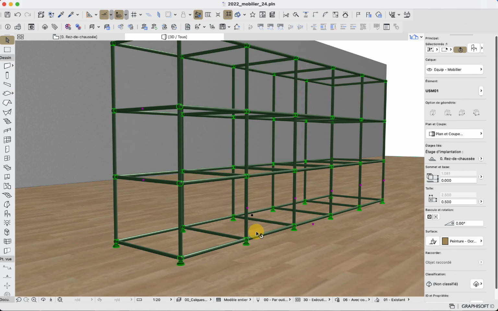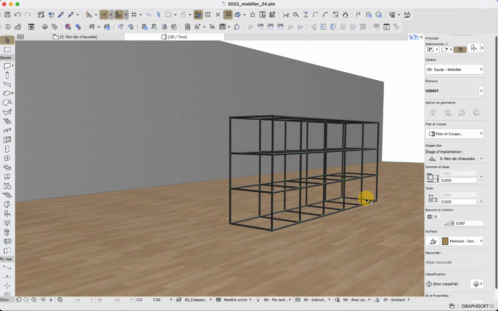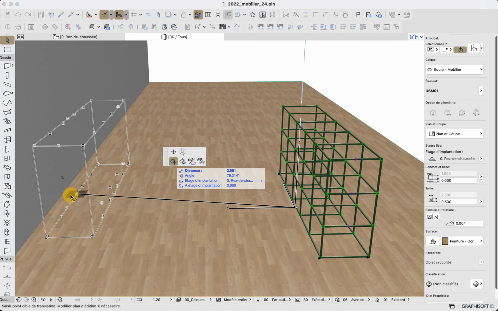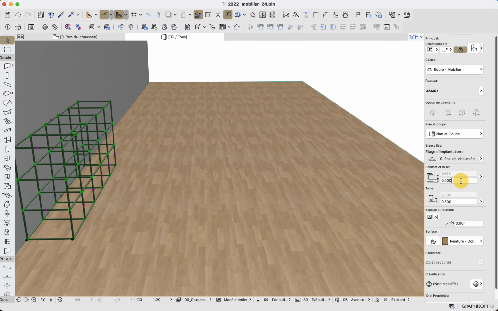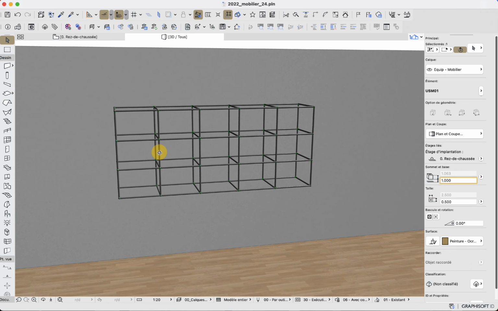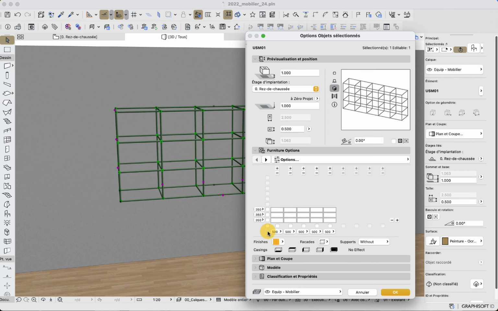But if I'm not doing floor-based furniture, then I do not put any kind of support, but I can simply align it with the wall and use the elevation value here to create my shelf, for example. And if I am okay with that, then I can go on and add some casings. How do I do that? Well, I will simply use the matrix that has two purposes. First is to create and set up the frame, and also to select the module.